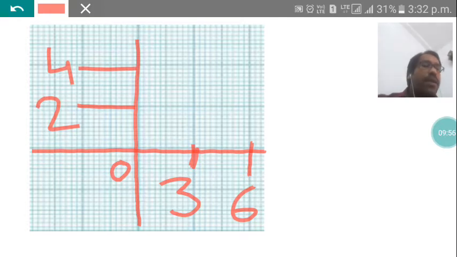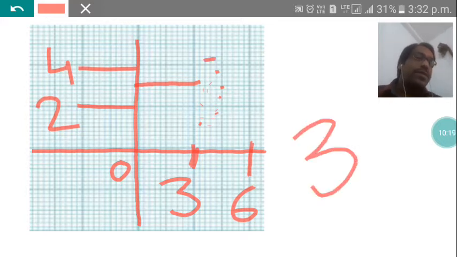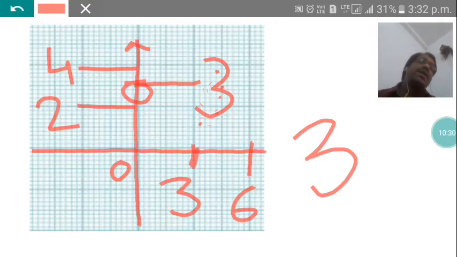Now what is the use of these small ones? Before that, one more thing I would like to say. Between 2 and 4, see this small line here. What is the middle point of 2 and 4? It is 3. So this is your 3. When you have to go in the direction of y, 3 points, that means this is my point here. This way we decide the graph.